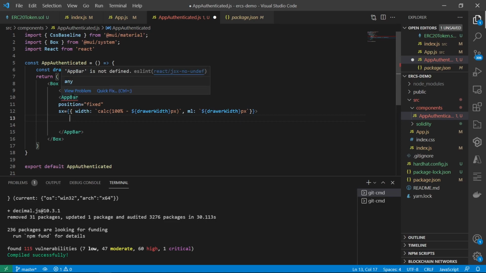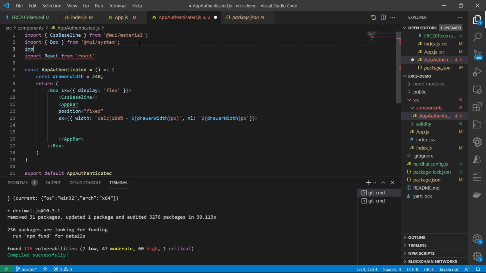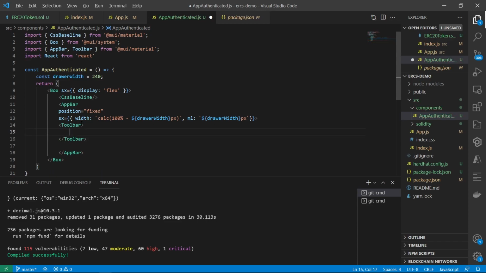What's the issue? AppBar is not defined. Okay, so make sure you define and follow what I defined over here. So we're gonna do import AppBar from MUI material. And that's great. Now Toolbar. We're gonna add a Toolbar. So same here, we're gonna import the Toolbar. Great. Now we have it. Toolbar, and inside of the toolbar,